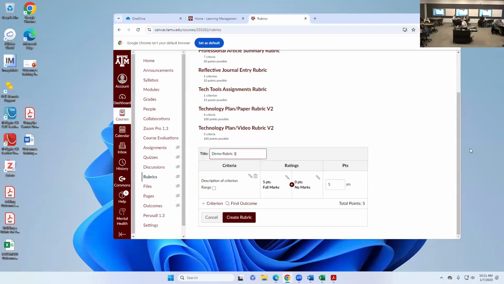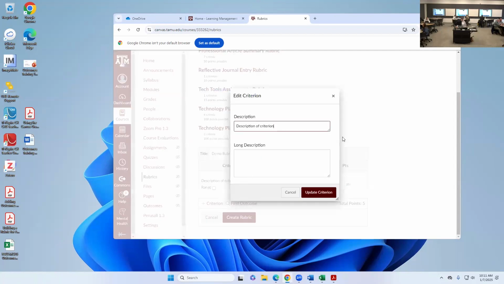Now it kind of gets you started. If you've seen a paper rubric before, each row in that rubric is called a criterion. So it gets you started with that first row or criterion, and under criterion, it says description of criterion. You can go ahead and click this little pencil. The pencil allows you to edit,